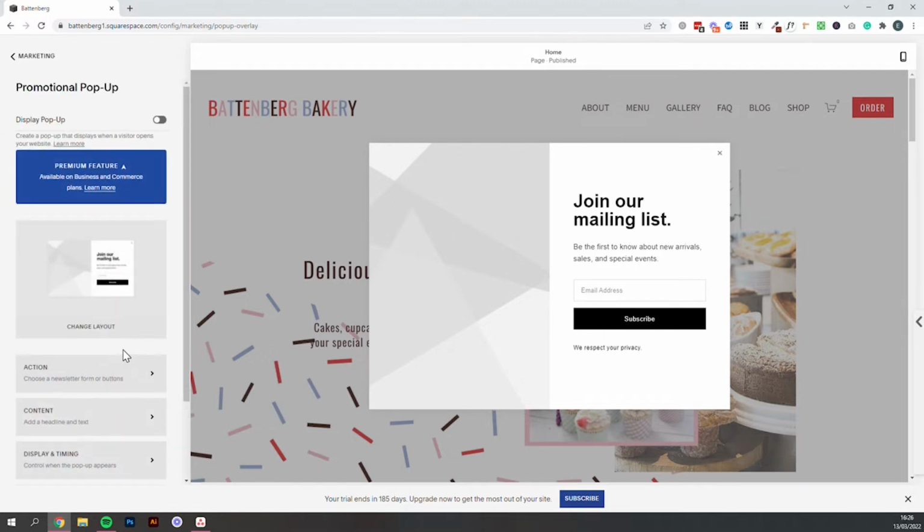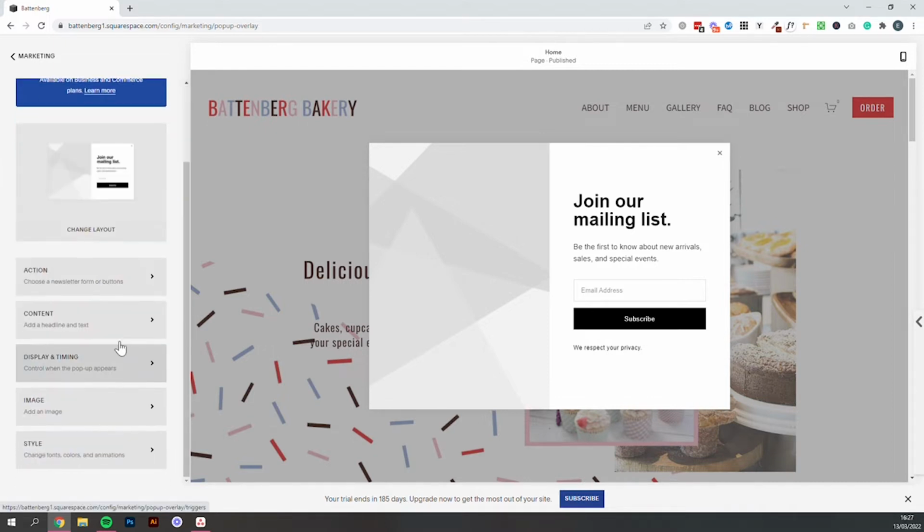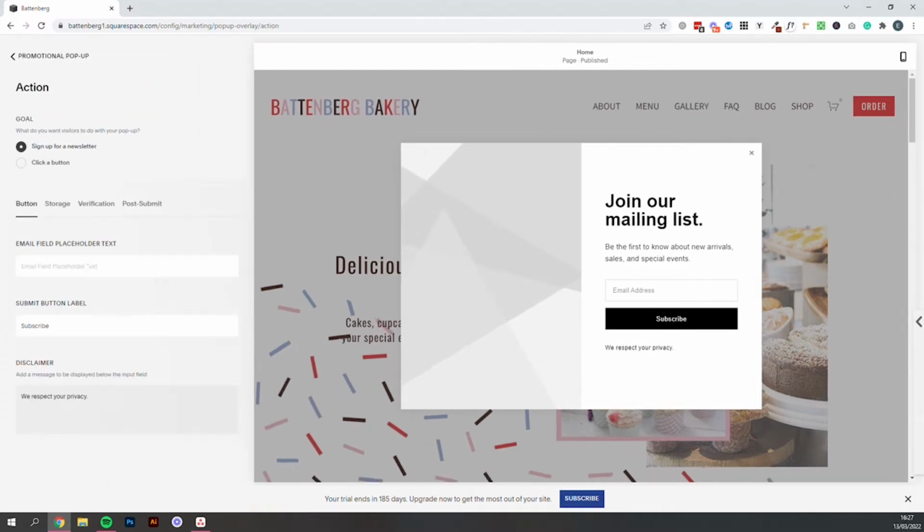Then we'll just work our way through the steps, and Squarespace does take you through everything quite sequentially, so it does make sense. First, we've got action. So this is basically the purpose of your pop-up. What do you want people to do when they see this pop-up? If you want them to sign up to your newsletter, mostly they're set up that way already, so you can leave that. I would say if you're using the newsletter option, this would work best with Squarespace's own email newsletter